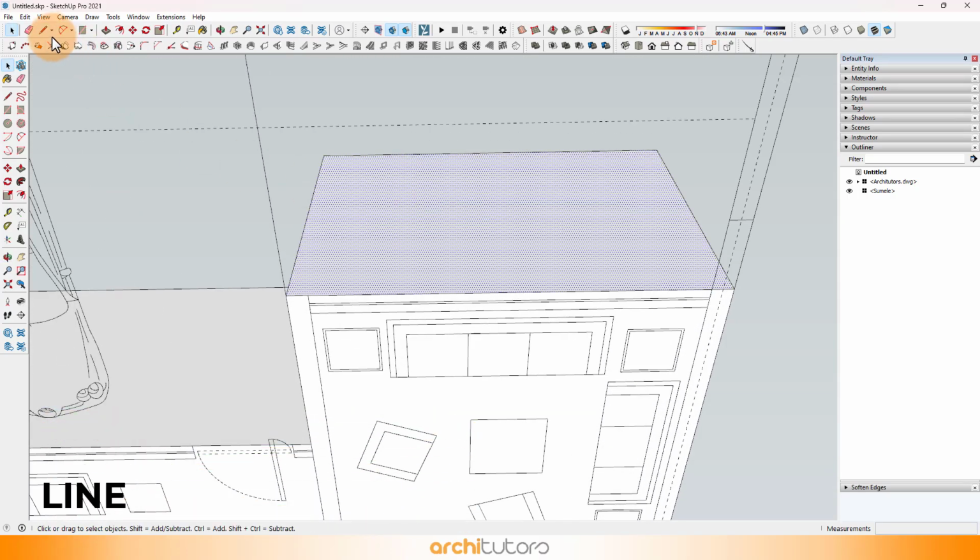We can use the Line tool to divide and create faces for the windows and doors. Use Erase tool to remove extra edges.